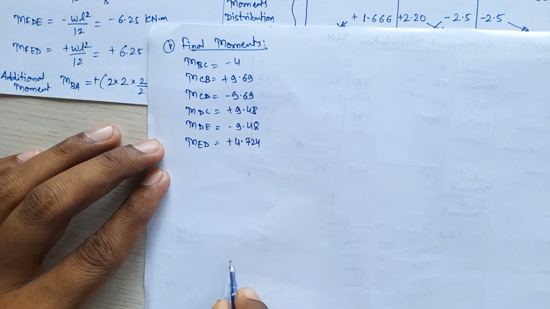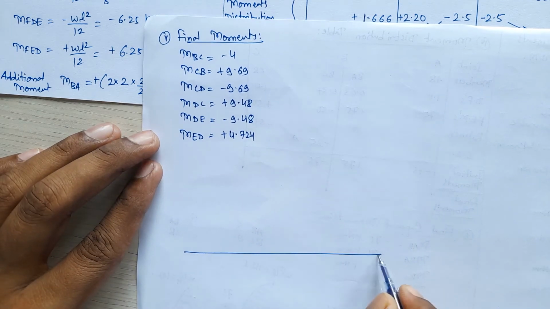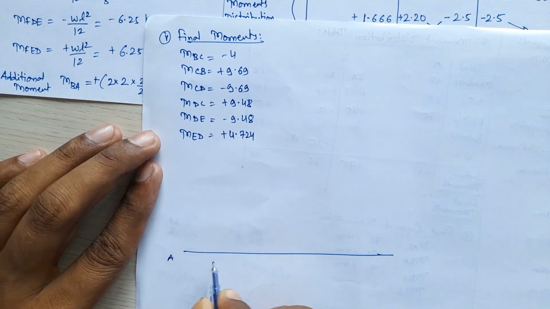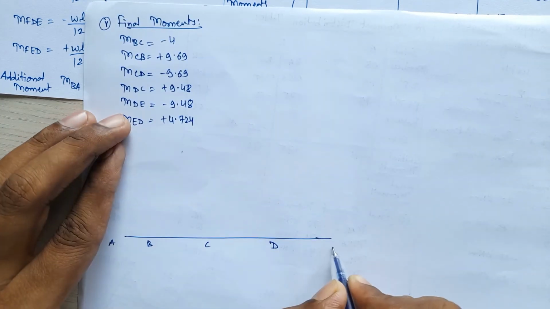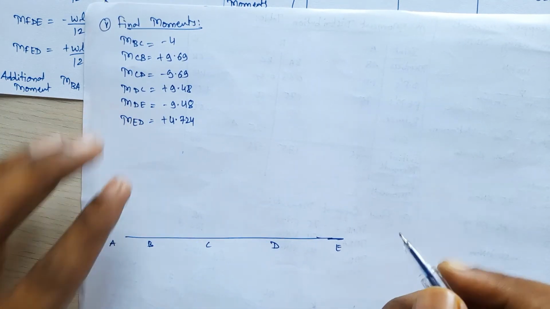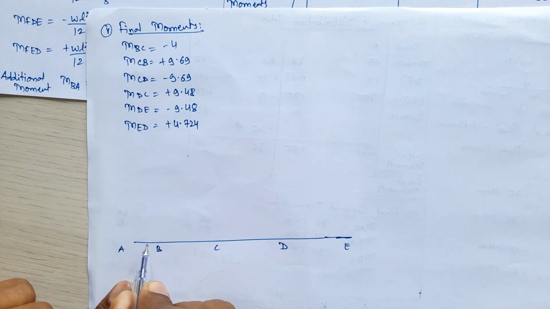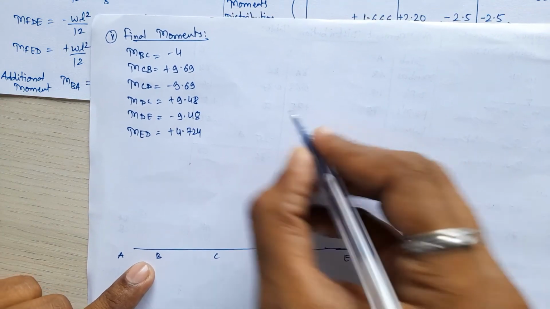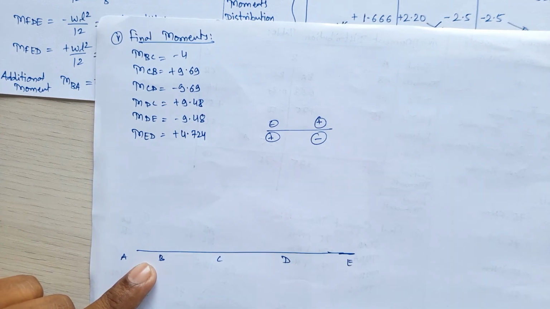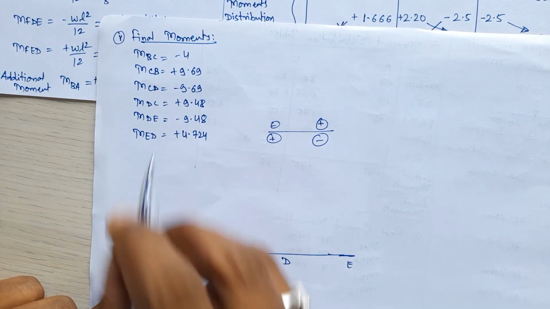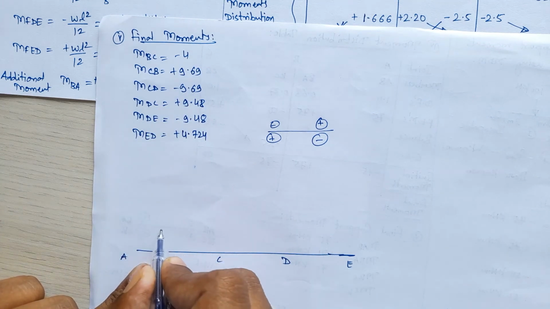What I'll do, I'll plot my BMD by superposition. Okay, A, B, C, D, and here I am having E. From BC we will start because this is our overhanging portion. So for BC, the sign convention is what again? Negative, positive, positive and negative. Check MBC, how much are you getting? Minus 4 I am getting, so that will be plotted on the upward side.